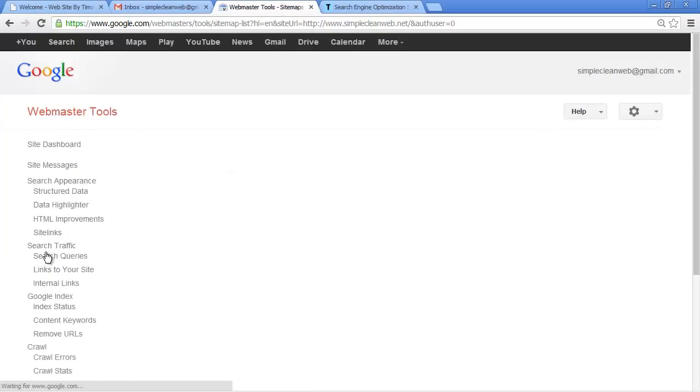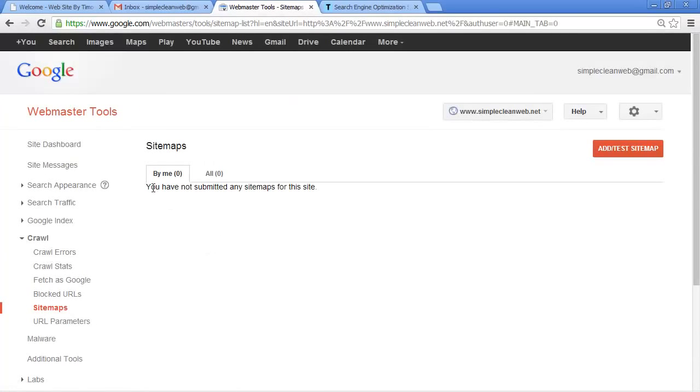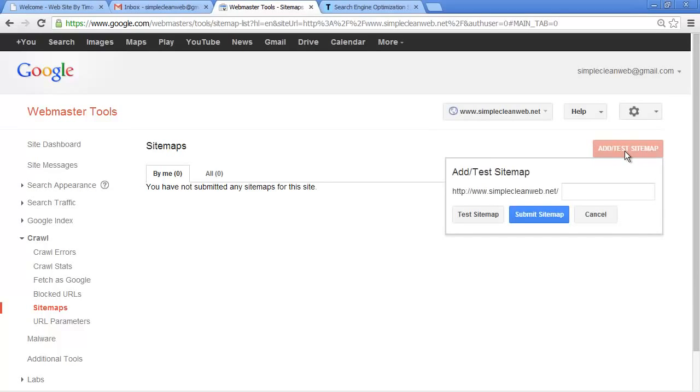And when I click on sitemaps, you'll see it says that I've not submitted any sitemaps for this site, Simple Clean Web. So I want to come up to this button here in the upper right hand corner that says Add Test to Sitemap, and I want to click that. You can see the domain name for your site is right here, and we need to type in sitemap dot php